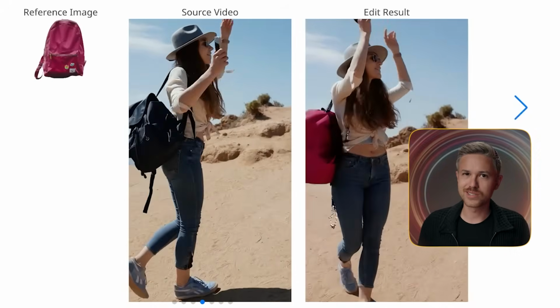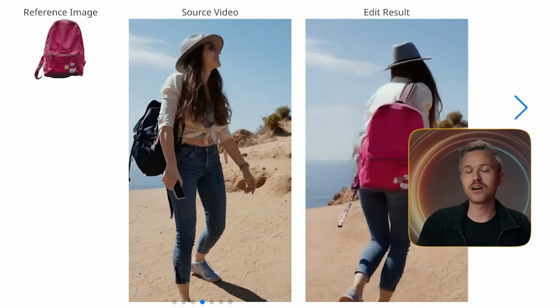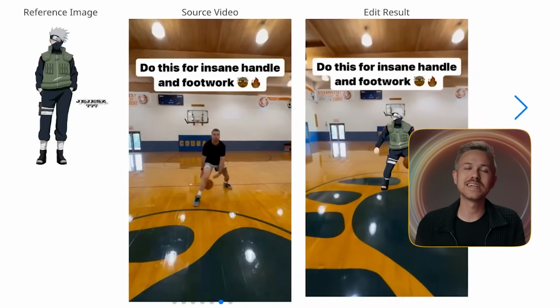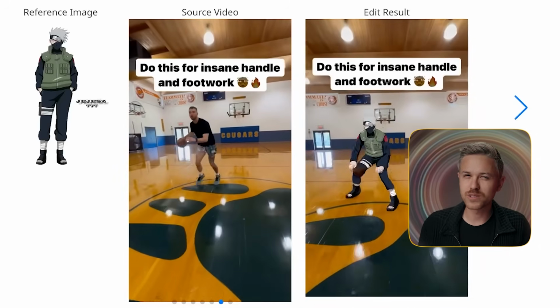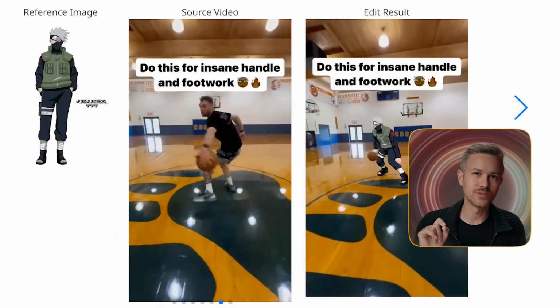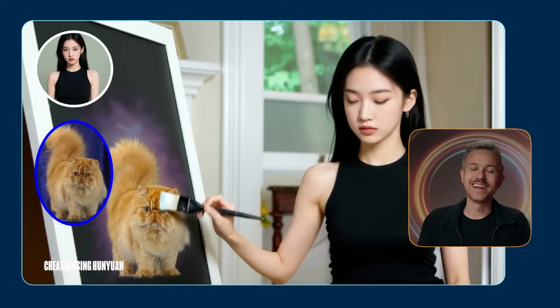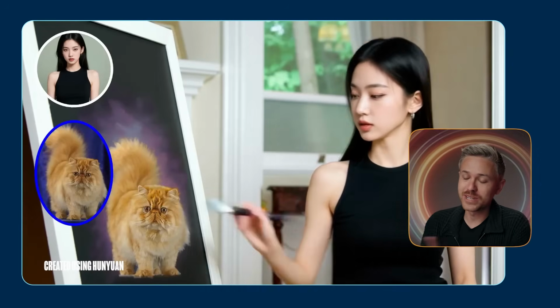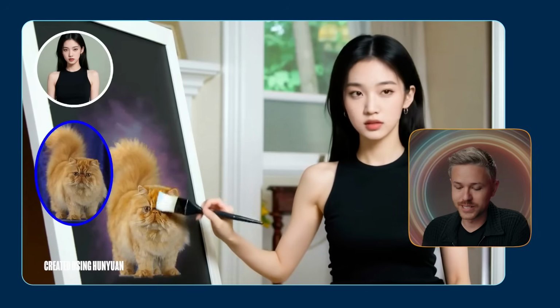You can also download it to your computer, and you can try it online on the Hunyuan website, but you have to have a Chinese phone number, so it's a bit of a workaround in order to use the technology online. And it wouldn't be a Curious Refuge video if we didn't compare this to other technology, so we ran